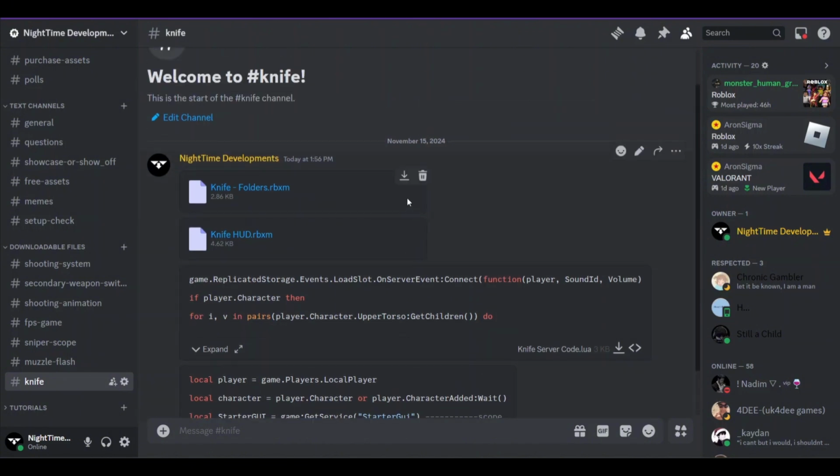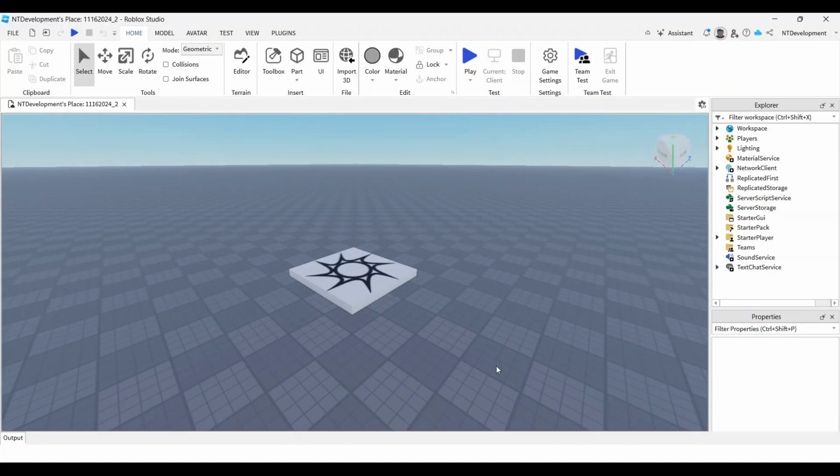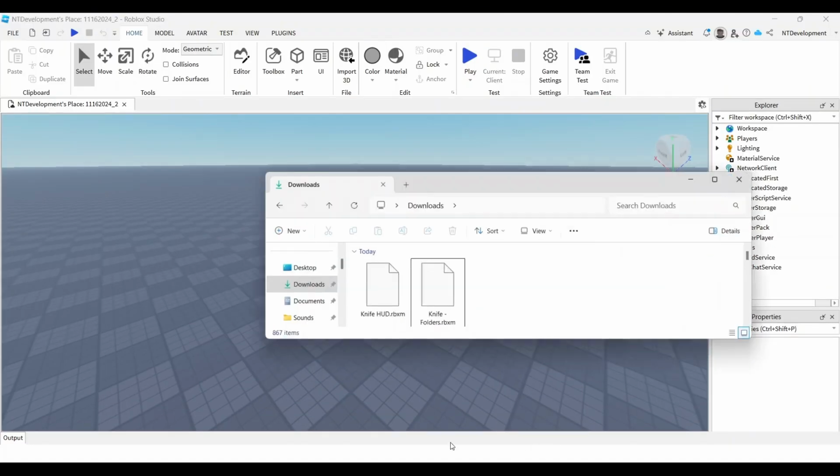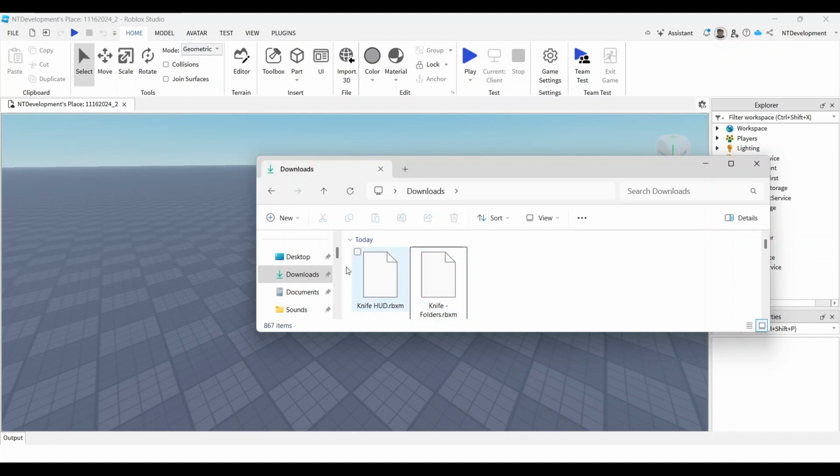So you're going to start off by simply clicking download on both of these codes, going back to your game, and then opening up your files, and you should see them looking like this. You're literally just going to select them both and drop them in your game,